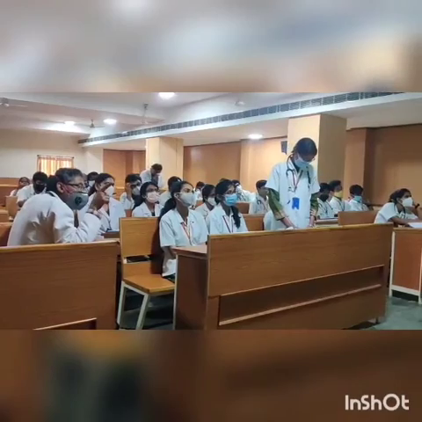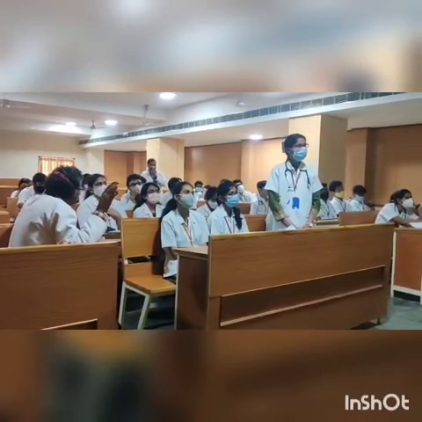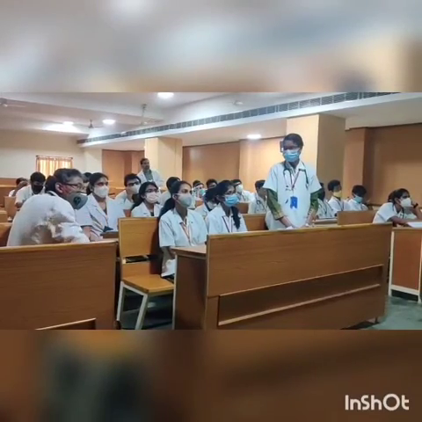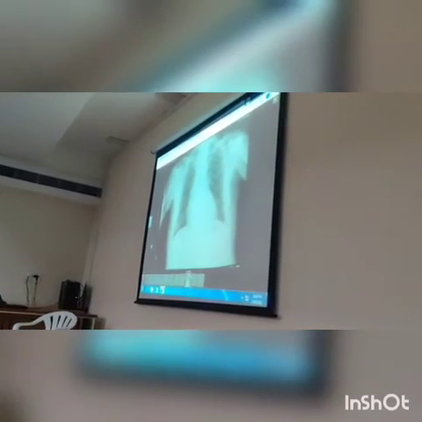But then, at the same time, why are we seeing this double contour on the left side also? The left ventricular pre-posterior wall seems to be having a double shadow. So what is the reason for that? Yeah, there is no doubt that there is a cardiomegaly. There is no doubt about it.